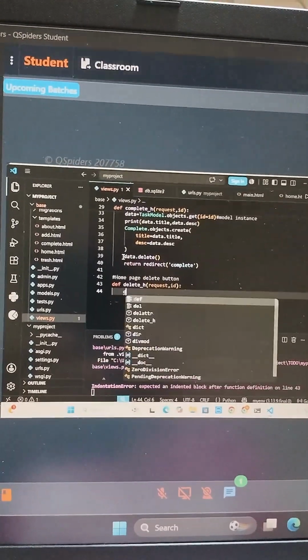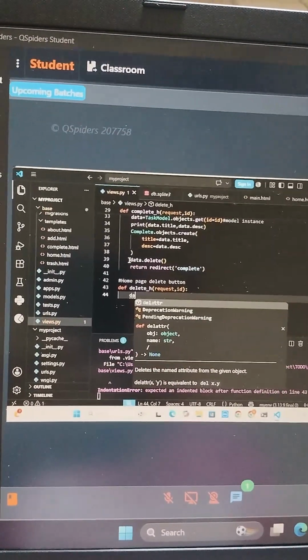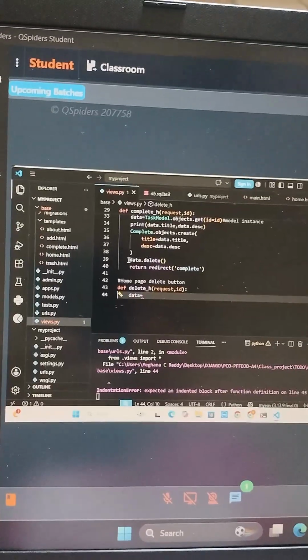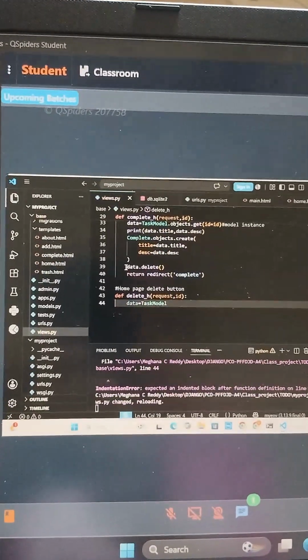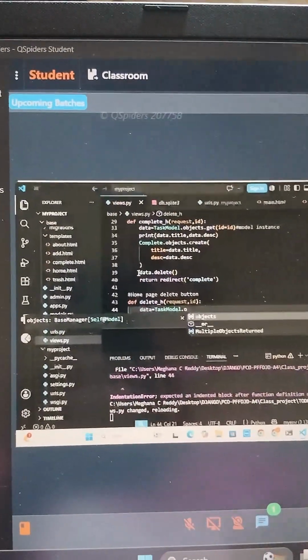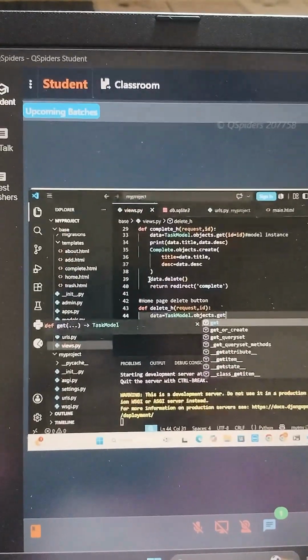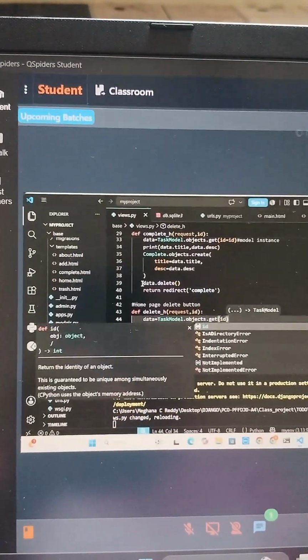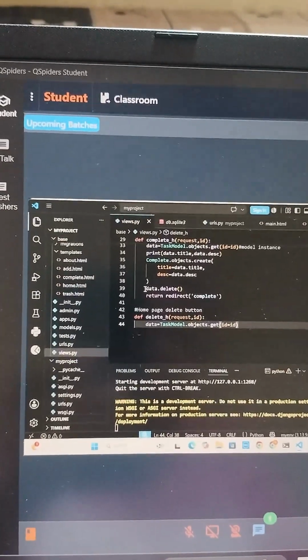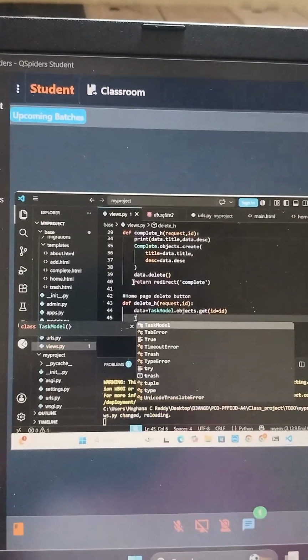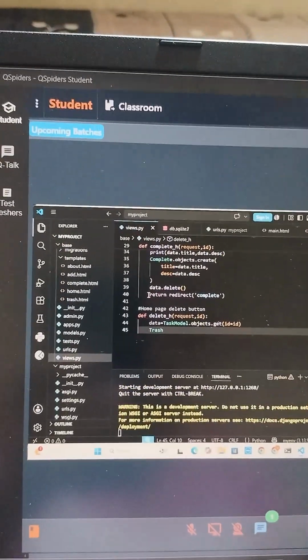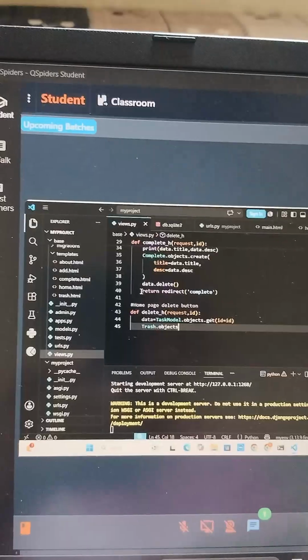So first of all, I need to get the record from which model? From the task model. So task model dot objects dot get, ID equal to ID. Then where I need to create it? I need to create it in the trash model. So trash dot objects dot create